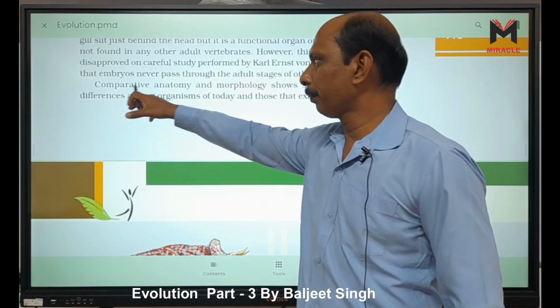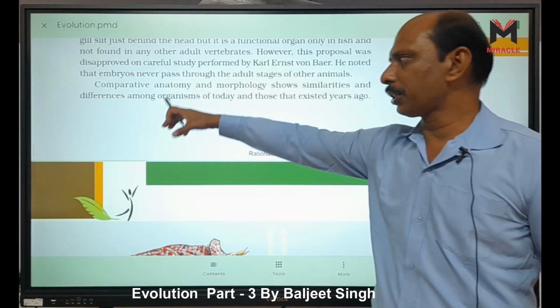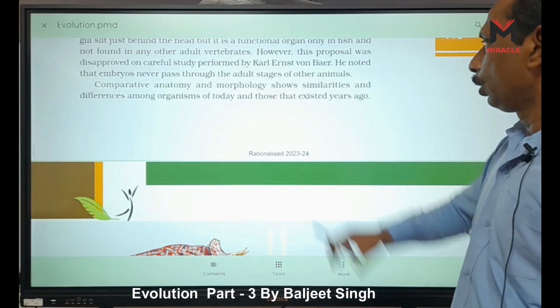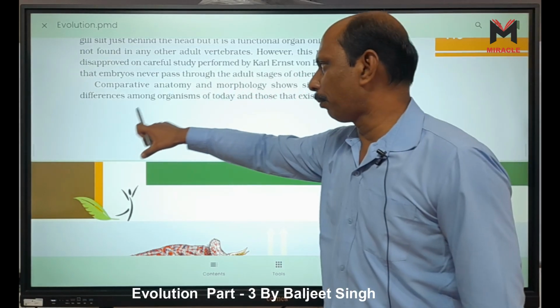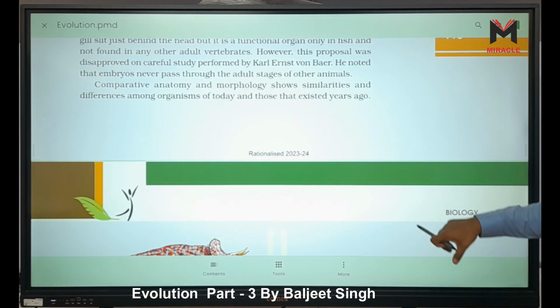This one is very important. Comparative anatomy and morphology. Anatomy means the study of internal structure. Morphology means the study of external structures. It shows similarities and differences among organisms of today and those that existed years ago. Differences and